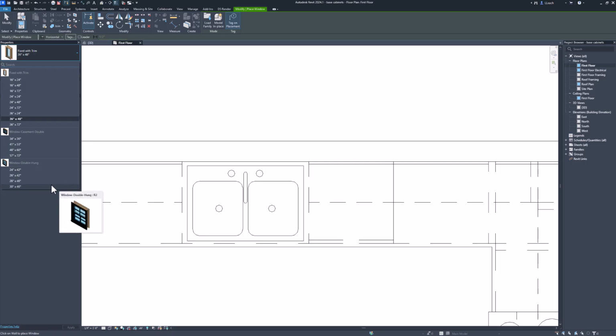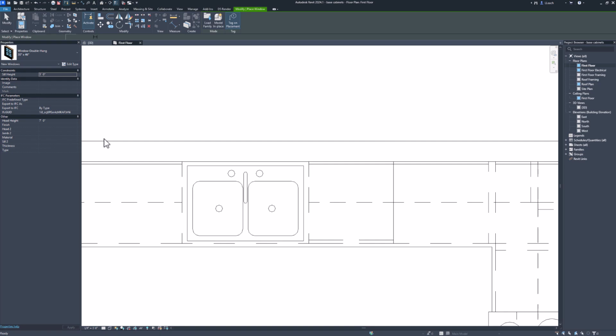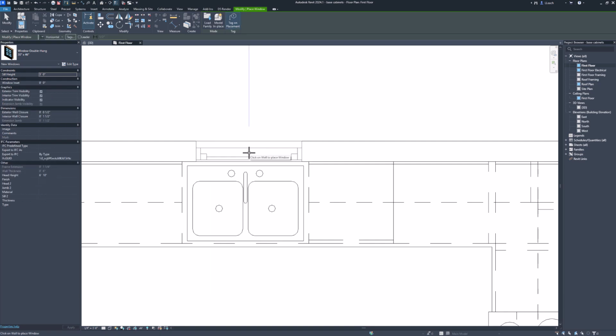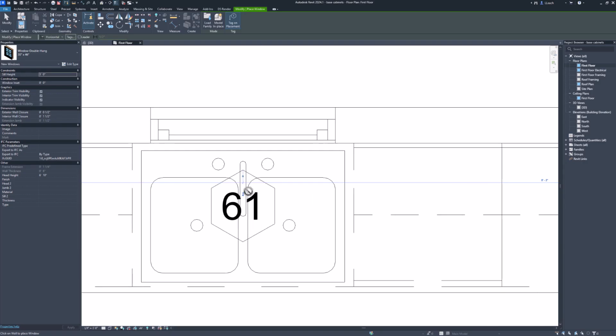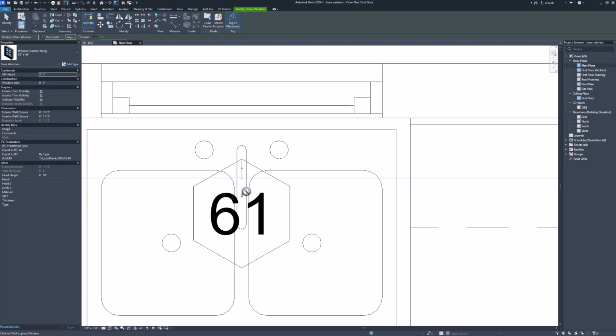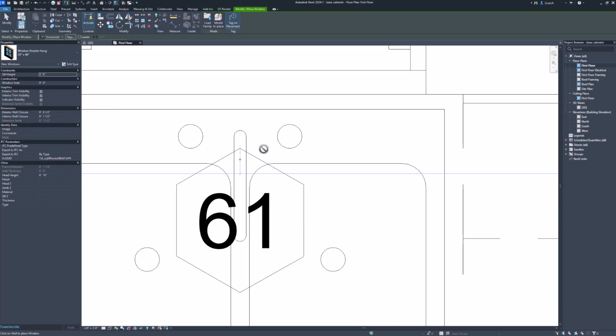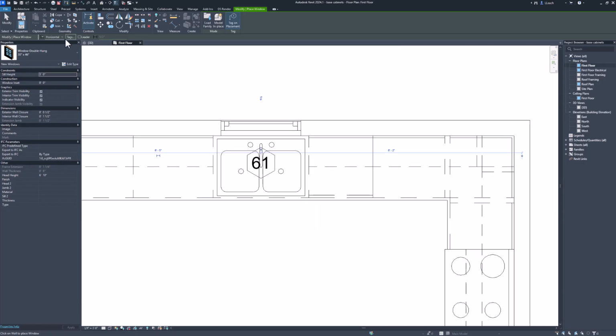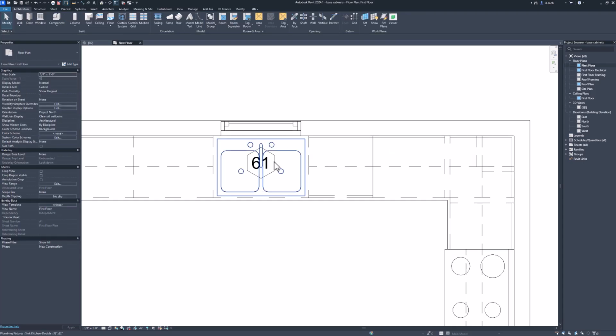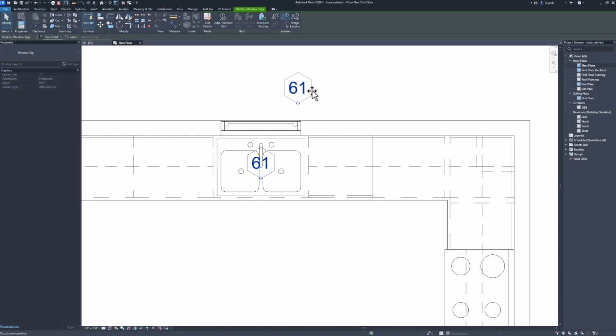And I want to choose the, what do I want? 30 inch by 46. And we're gonna place it kind of in the middle here. So see how mine was backwards? So these double arrows need to go on the other side. So I'm just gonna kind of click these double arrows to flip that. Hit modify. I want to grab this tag, just kind of left click the tag and drag it somewhere out